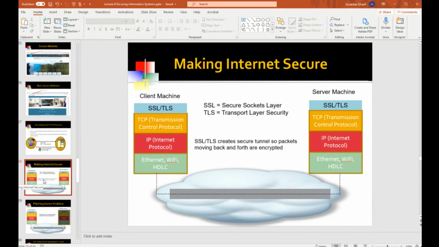So what happens is that there is a handshake going on between the client and the server, where the client is making sure that they're talking to the legitimate server.